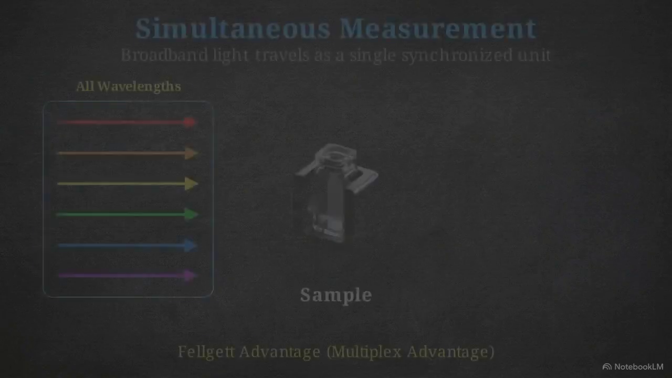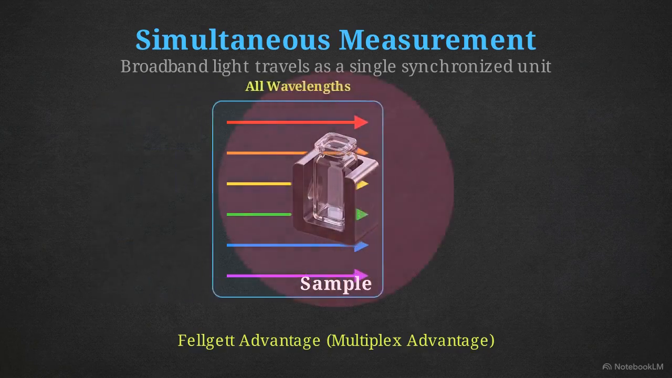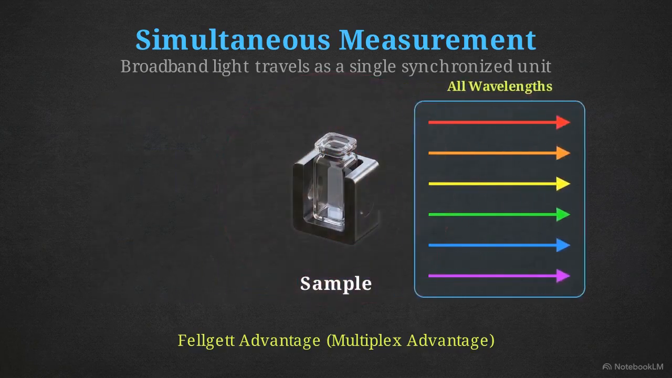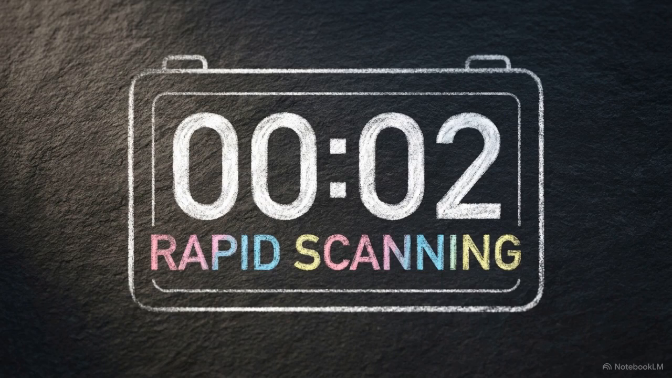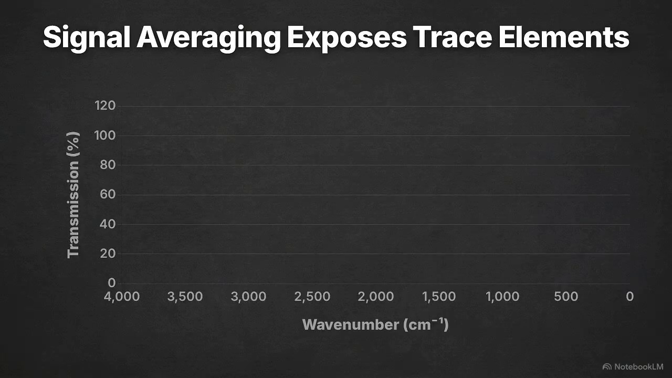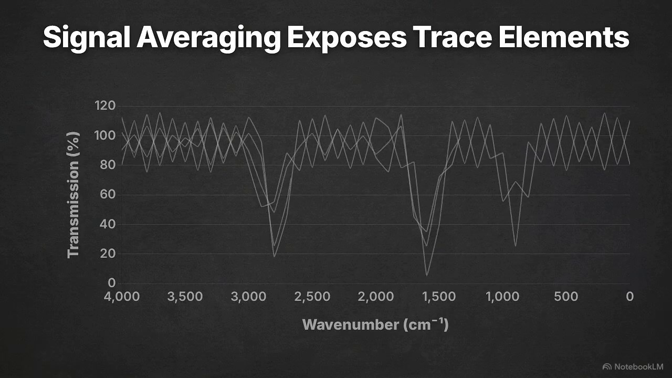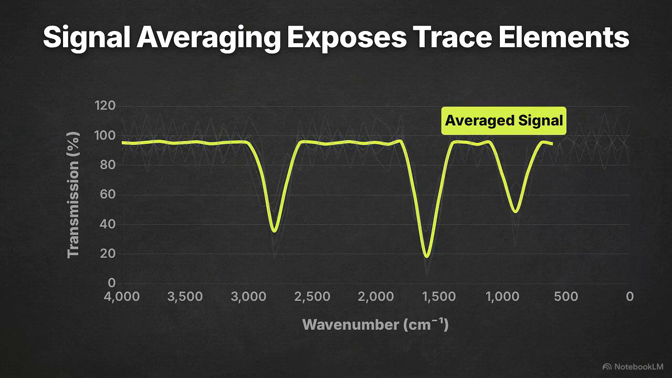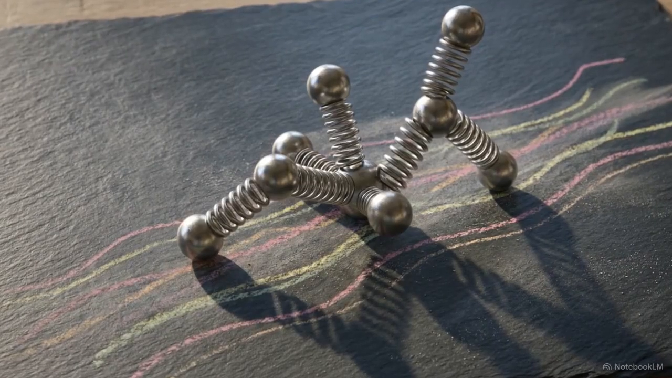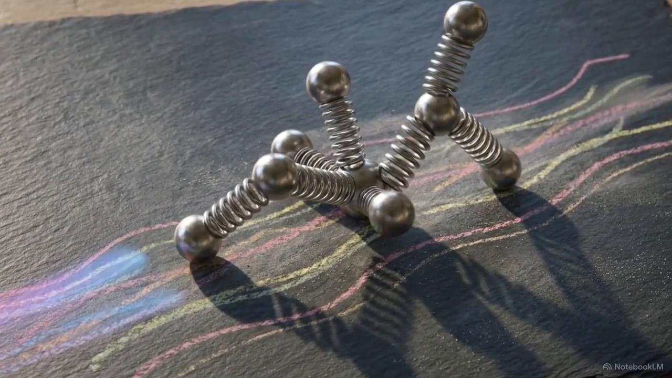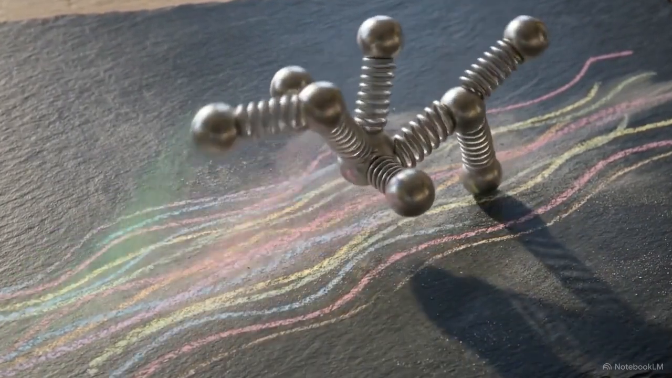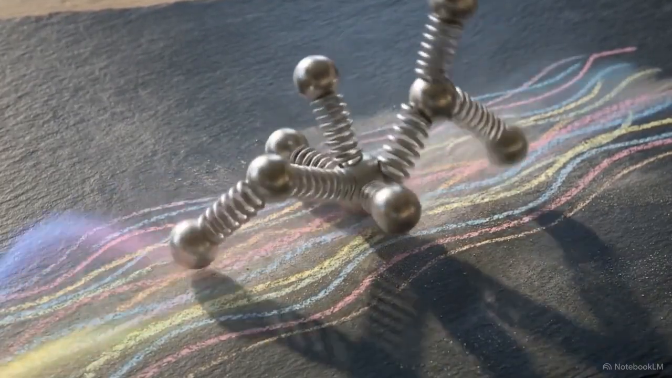Because FTIR measures all wavelengths simultaneously, rather than scanning them individually, a complete test takes seconds instead of minutes. This efficiency is known as the Fellgett advantage. This speed allows the machine to run dozens of consecutive scans and average them together. Random background noise cancels out, drastically improving the signal-to-noise ratio and revealing minute trace elements. By combining wave physics with mathematical computation, FTIR accelerates chemical analysis, extracting deeper molecular data by removing the limits of